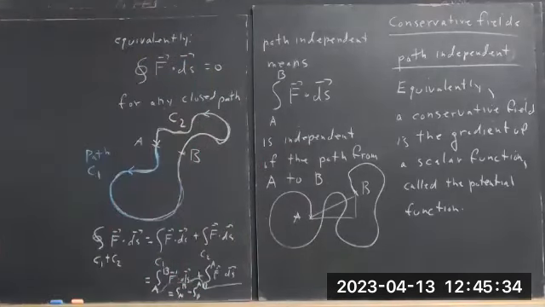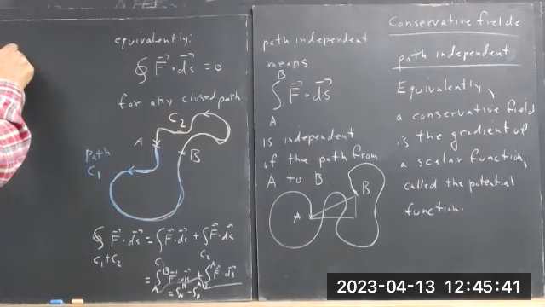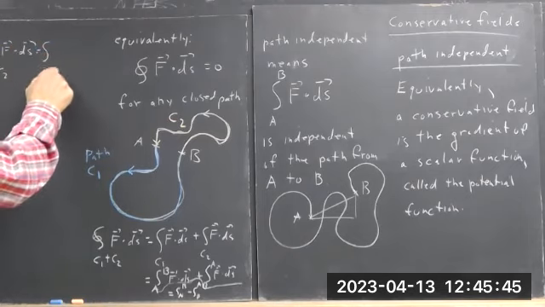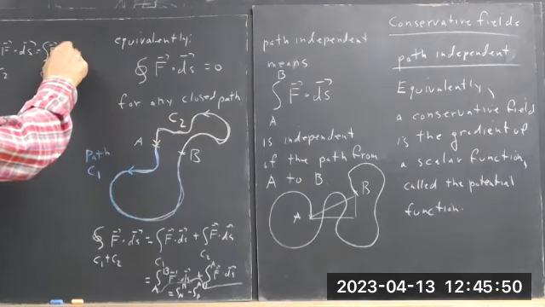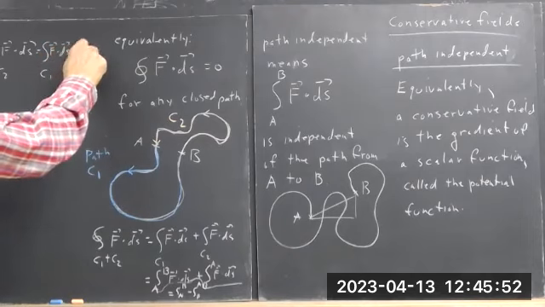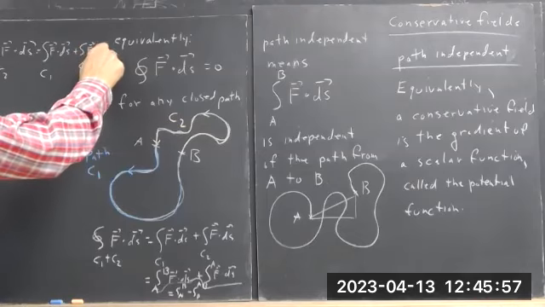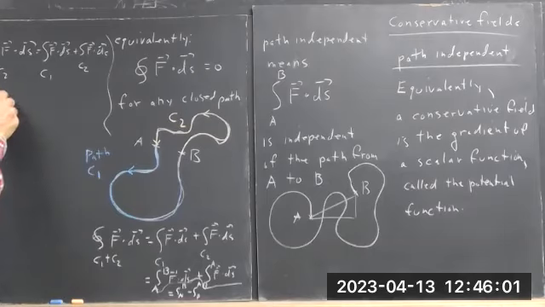I'm going to rewrite the whole thing. Okay, so again, the closed integral over C1 plus C2 of F dot ds equals the integral over C1 of F dot ds plus the integral over C2 of F dot ds. I wrote that neatly down here, but now I wasn't able to write neatly myself. This integral is